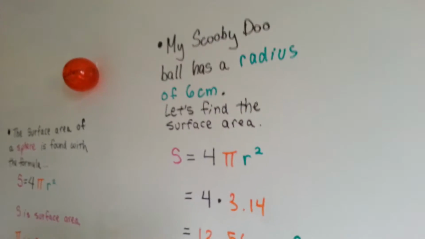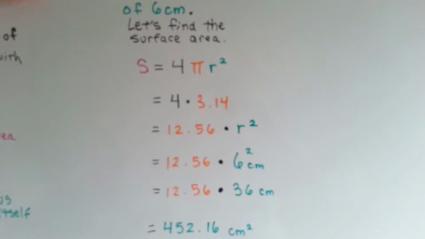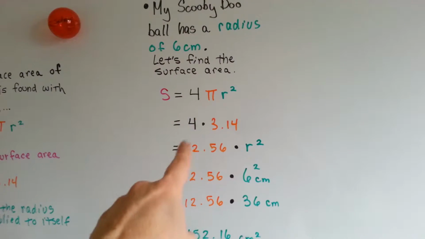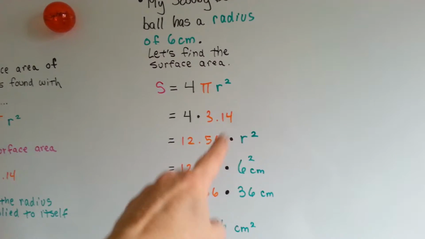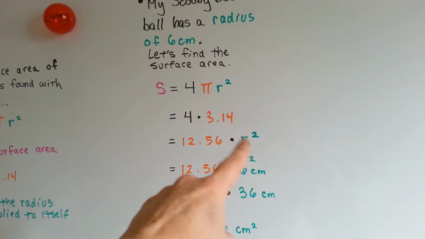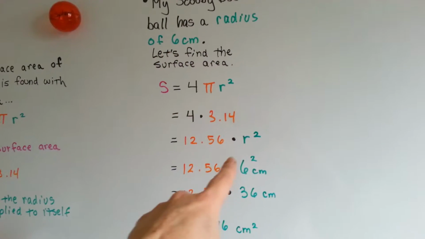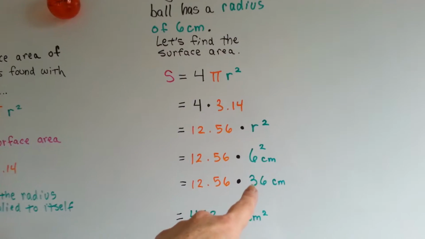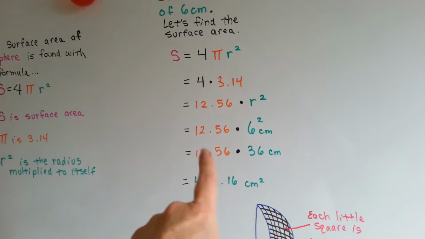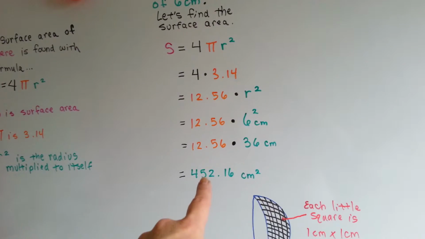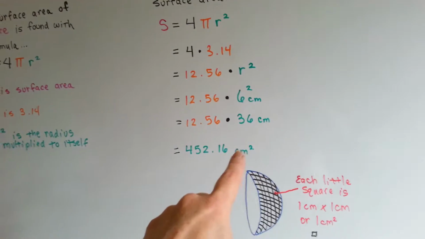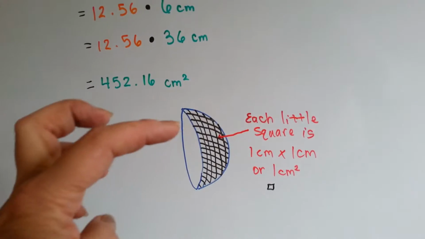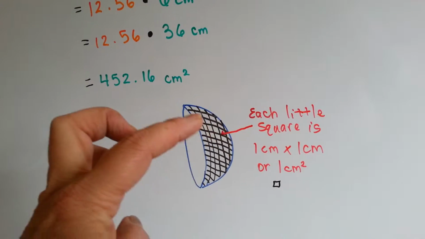So, knowing that that's my radius, I can plug that into the formula and just multiply. 4 times pi is 12.56. Now I got to multiply it by the radius squared. The radius is 6 centimeters. 6 squared is 36. So now I got 36. We multiply these two together and we get 452.16 centimeters squared. Now the reason it's centimeters squared is each little square is 1 centimeter by 1 centimeter, covering